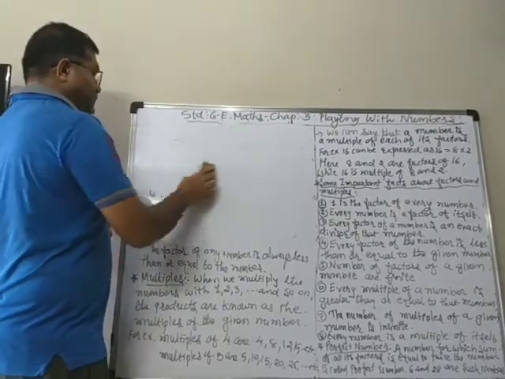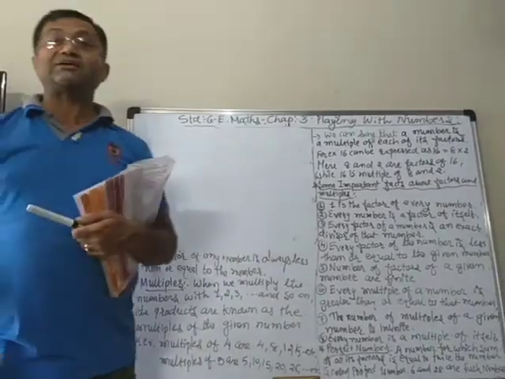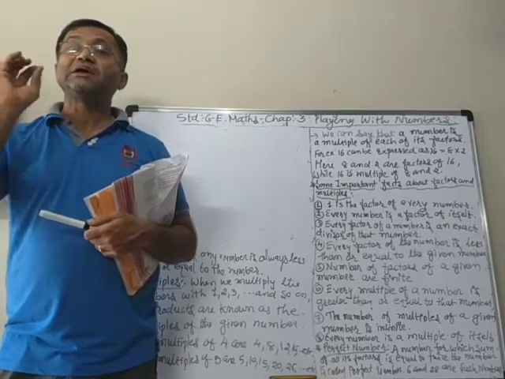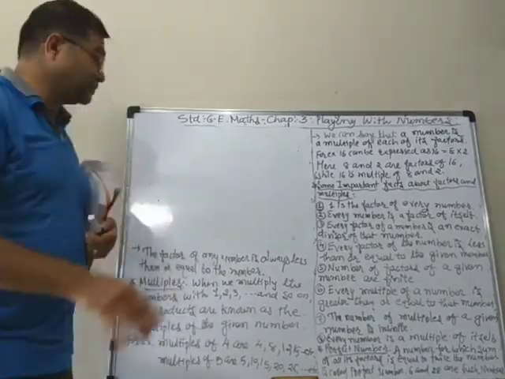Maybe the number of factors is big, like 10 factors, 12 factors, 25 factors or 100 factors also can be there. But it must be countable, meaning they are finite.